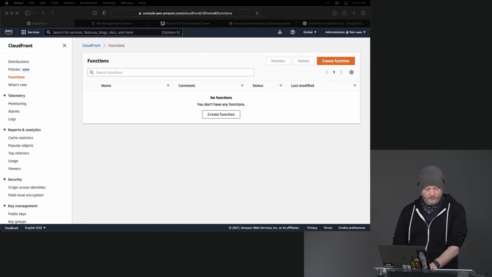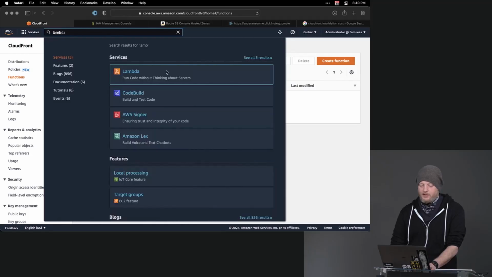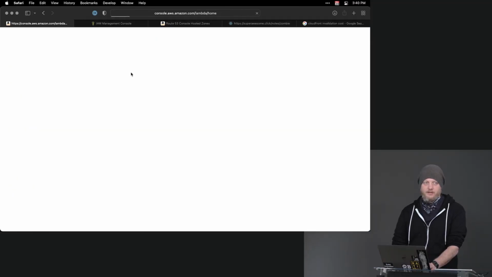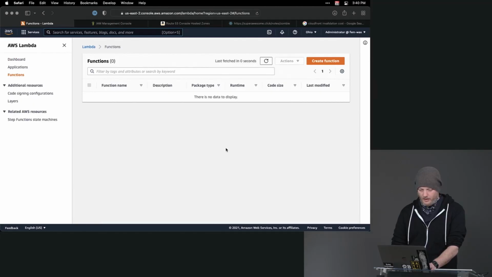Fantastic. So we can go set those up the same way we set up basically anything else, which, for any other Lambda, is to go to Lambda. Now, it's kind of wild, they've radically changed the UI here, and it's still a little tricky, right? So we can go ahead and create a new function. Now, you see that this is also called functions here, but now we're in Lambda instead of CloudFront. I don't make the rules. So we can say create function,